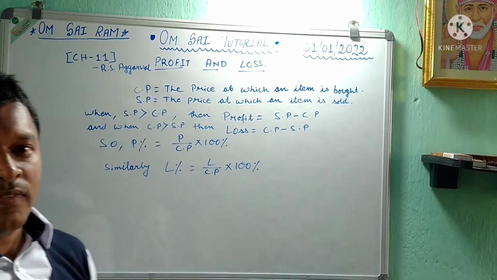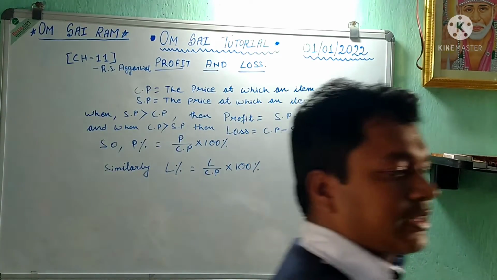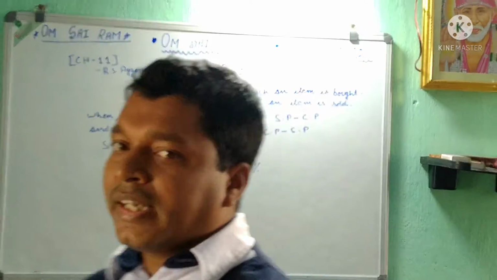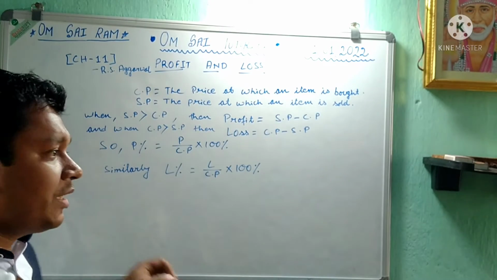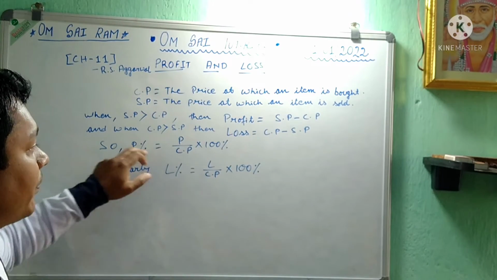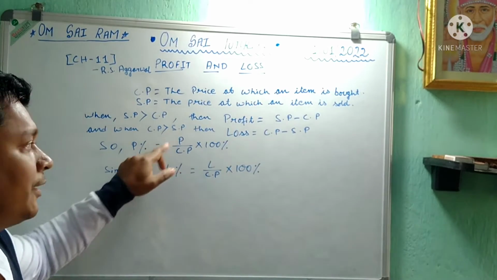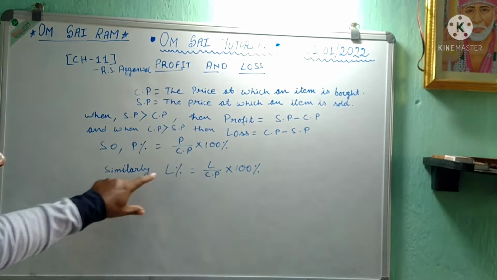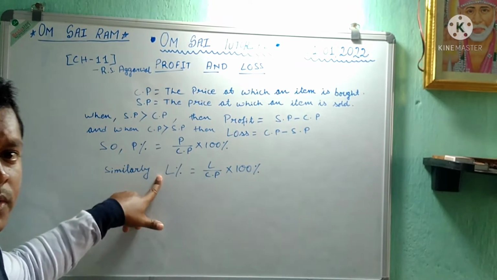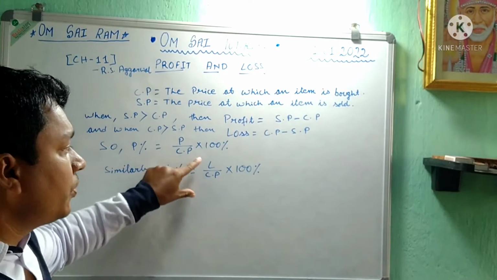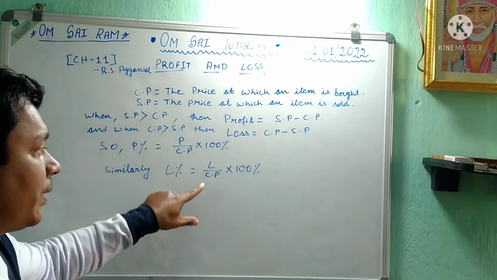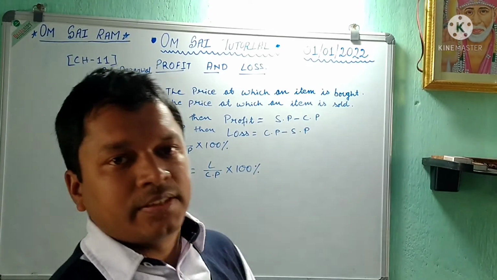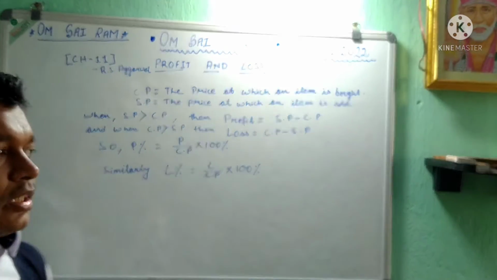Now, as I have got the cost price, selling price, and the profit or loss incurred in this transaction, how can I calculate its percentage? To calculate the percentage, if there is a profit, we take the actual amount of the profit, divide it by the cost price, and multiply by 100%. Similarly, if I incur a loss, to calculate the loss percentage, we take the actual loss amount, divide it by the cost price, and then multiply by 100%. I think these are the two basic formulas which you have got cleared.